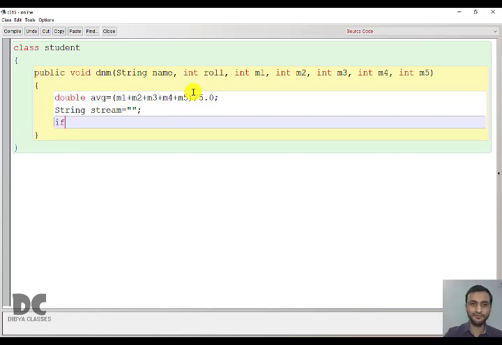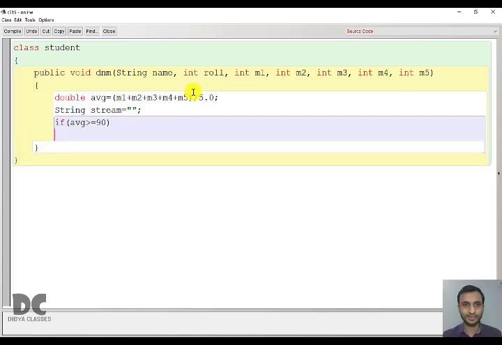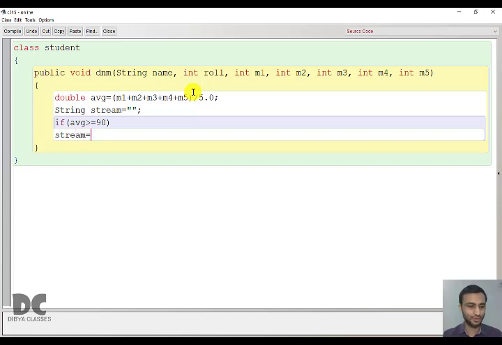So now we'll check if average is 90 and above, greater than or equal to 90, then stream equal to science with computer. This is the first case.